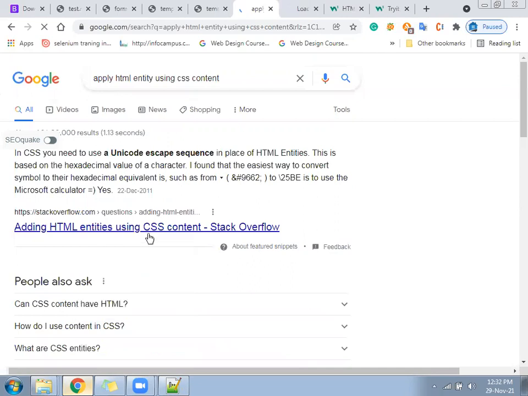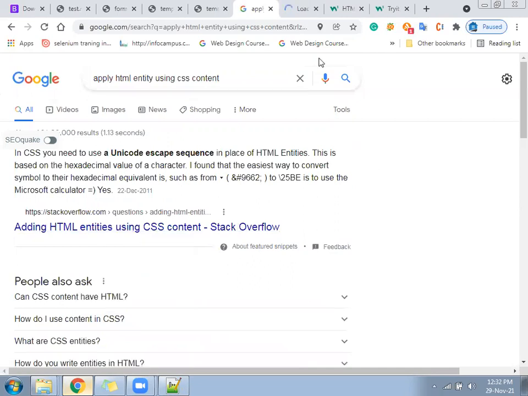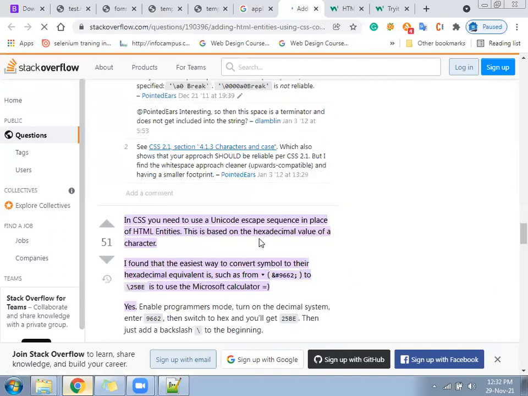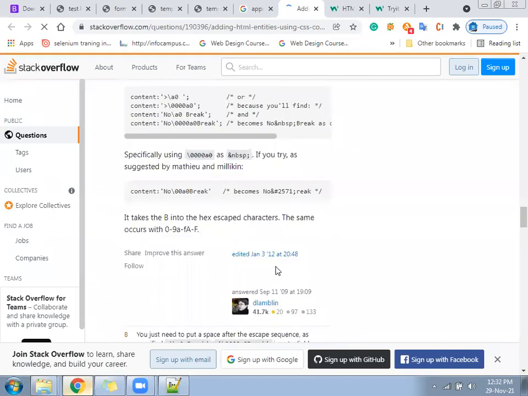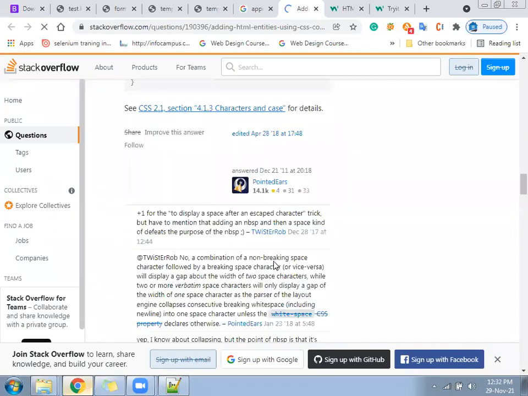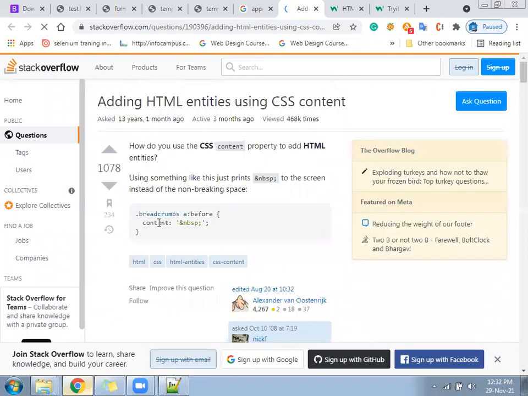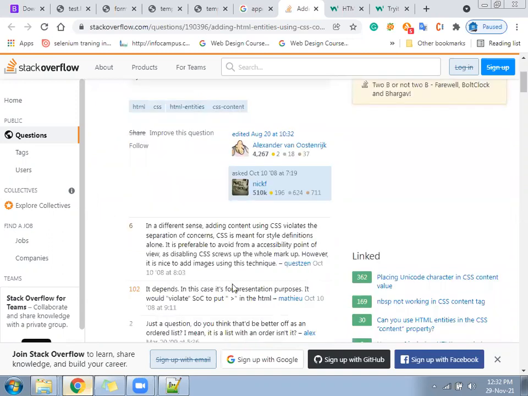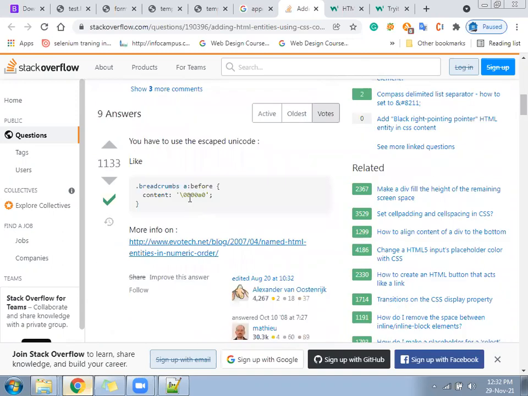Adding the HTML entity with CSS content. Text we have written comes there directly, but through CSS content it should get applied. Here, nbsp, this is applying the break. Understand here content. Okay, slash we need to apply.